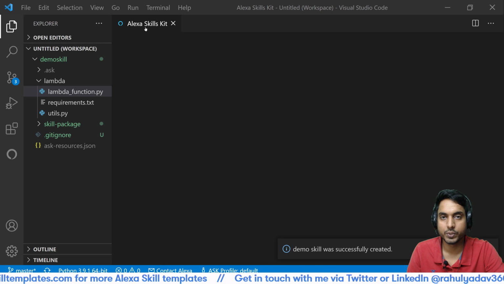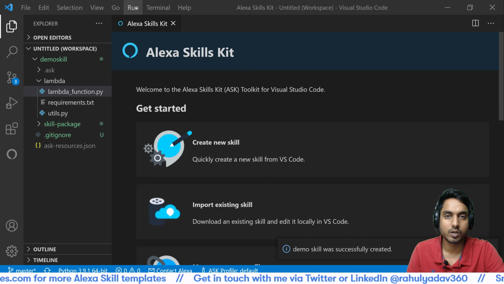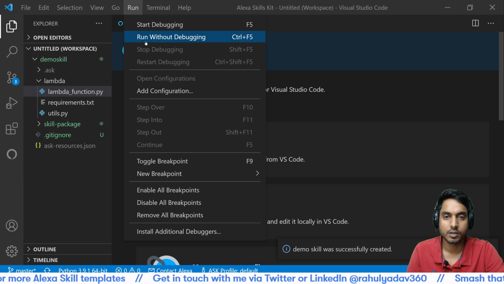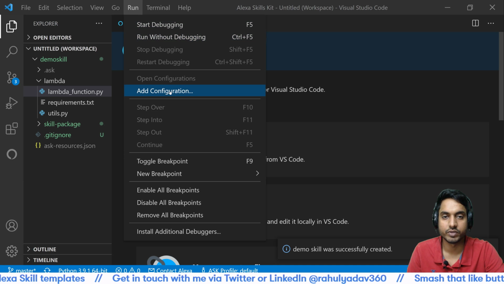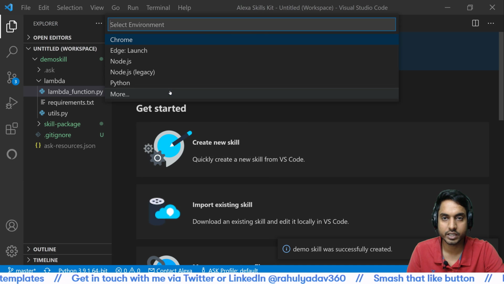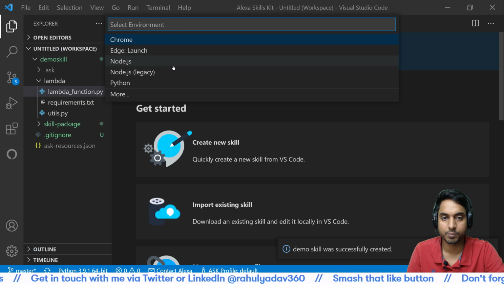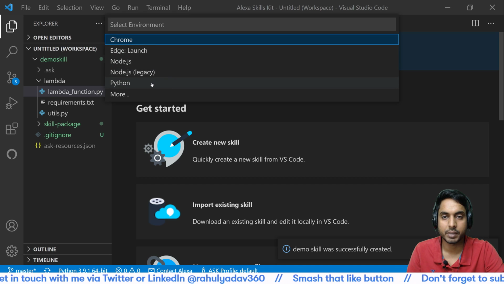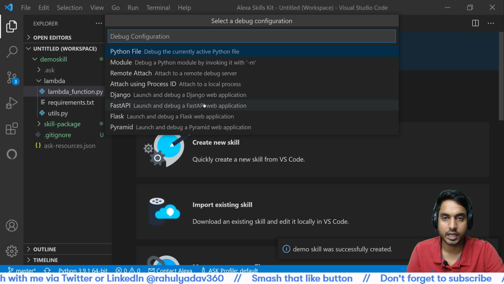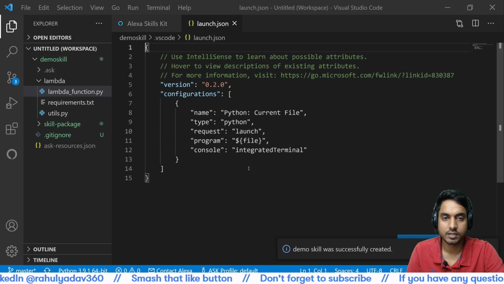To continue, you will need to click on run, and from run you need to go to add configuration. Click on add configuration, and you see a lot of options here. Select the Python option from here, and in the Python option it says Python file, debug the currently active Python file.